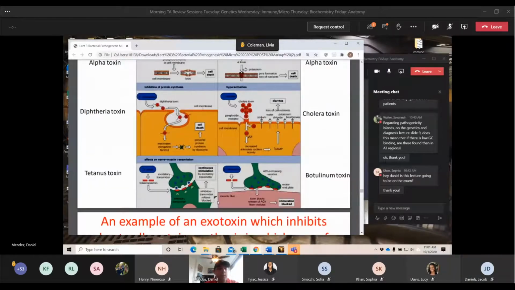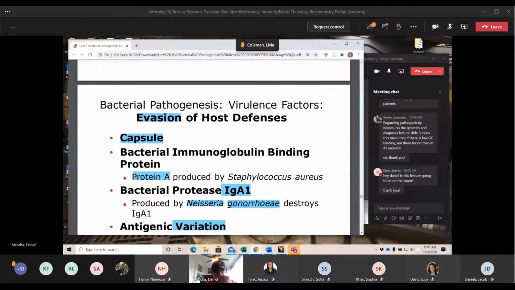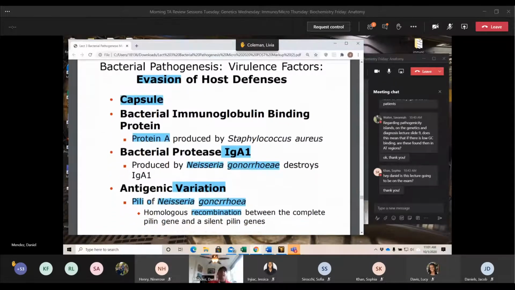All right, so then evasions. We've gone through some ideas of evasion, and some of these were already expressed by Dr. Pross in previous lectures. So we have the capsule. The capsule helps the bacterium evade phagocytosis. Then we also have other ones like protein A on Staph aureus. This was mentioned before. Protein A prevents Ig binding, so not just IgE, but any Ig binding onto Staph aureus. So that prevents an immune response, and that's how it can evade the immune response.